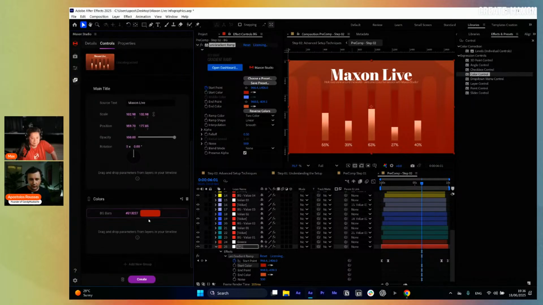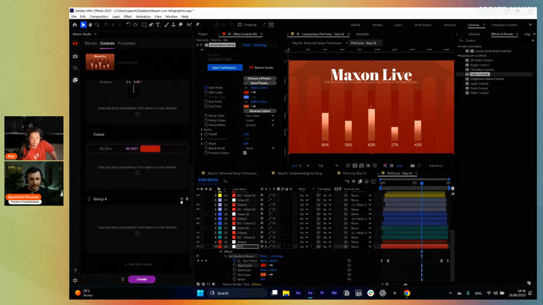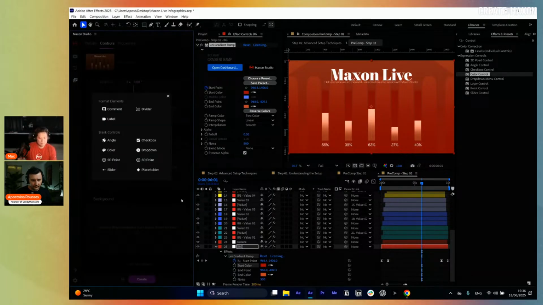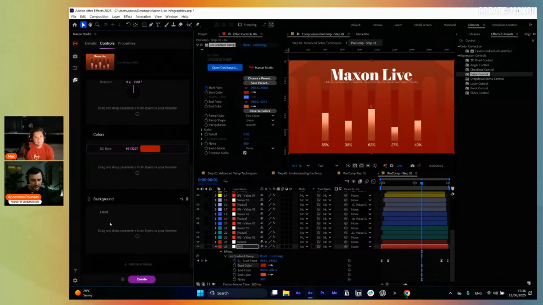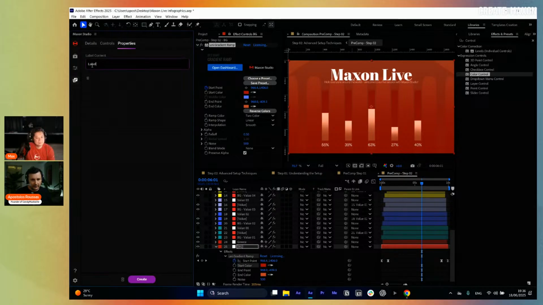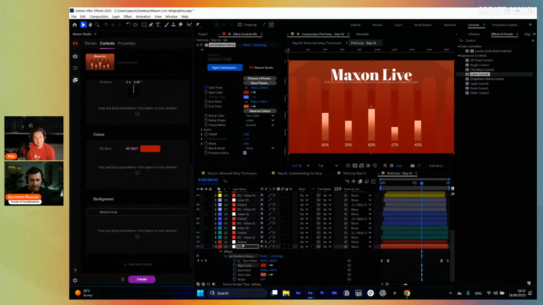And what else can we add right here? I can also add a couple of layers. Let's say, for example, the background, in case you need to change that background. And if I'm not wrong, you can create labels. So I will name that the Greece icon. I've created an amazing Greece icon here of the Parthenon,